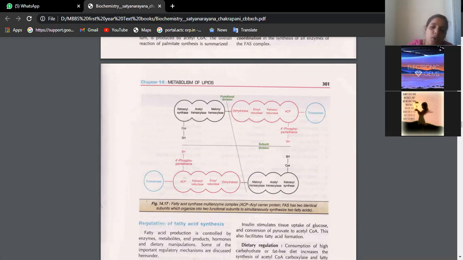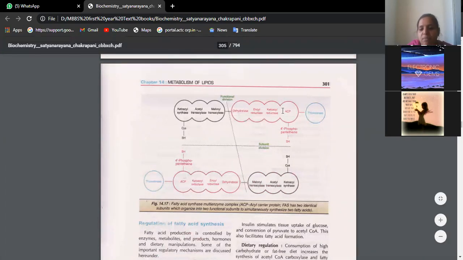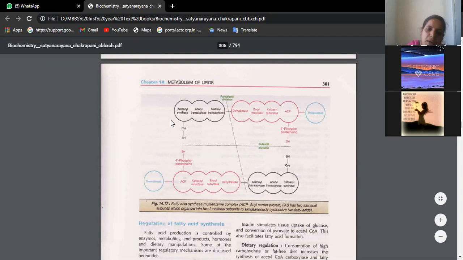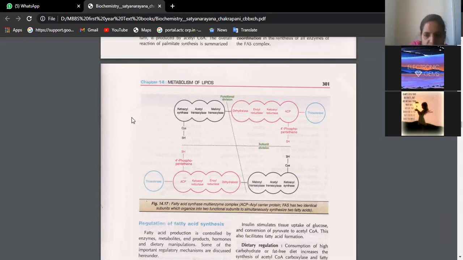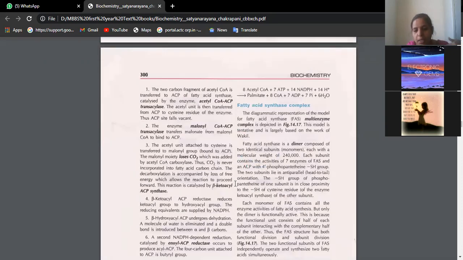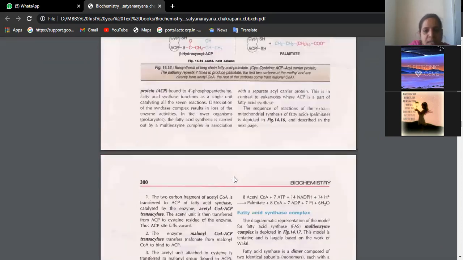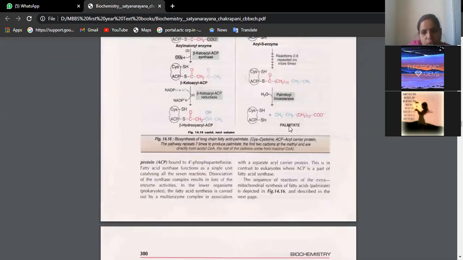Fatty acid synthase complex is a multi-enzyme complex which runs in two directions, 3 prime to 5 prime, 5 prime to 3 prime, that is, from superior to inferior and inferior to superior. If you reverse this, KAM DEKA T. So this multi-enzyme complex runs in both directions to keep on adding carbon atoms for the synthesis of palmitic acid. So this is the de novo synthesis of palmitic acid.